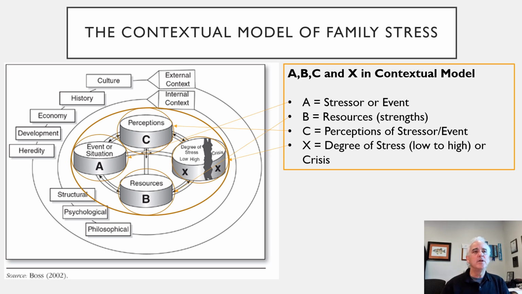So there you have it. You've got the contextual model of family stress as well as the family distress model. These two things can work hand in hand. The contextual model can give you an overall bird's eye view of what's happening to the family through the lens of these two contexts, external and internal, whereas the family distress model can help you understand the phases that families go through to arrive at either healthy functioning or unhealthy functioning.